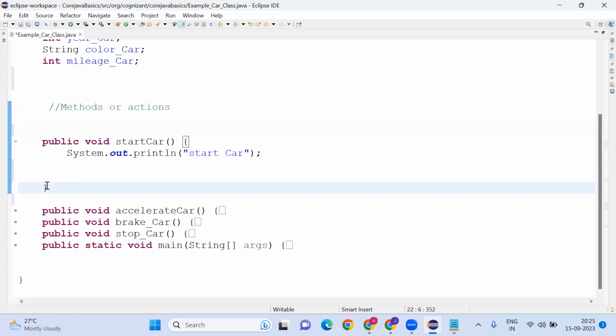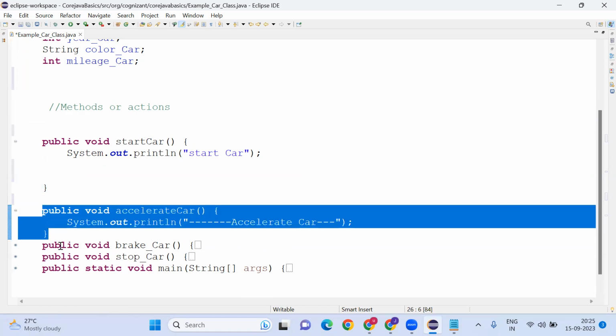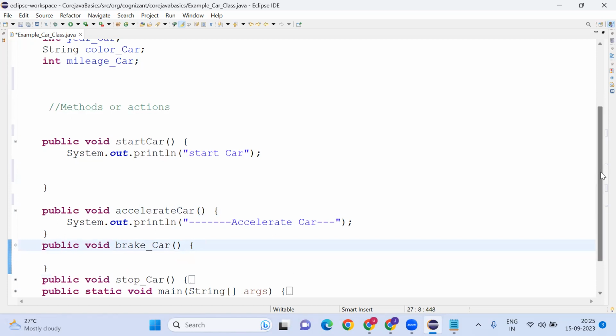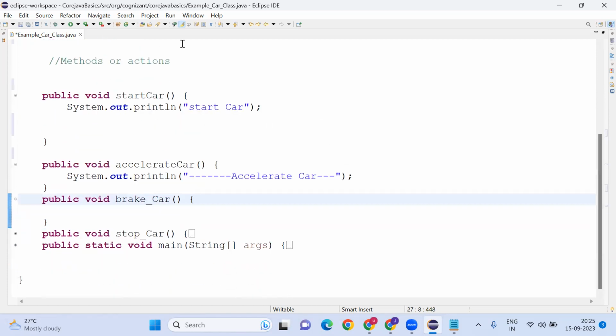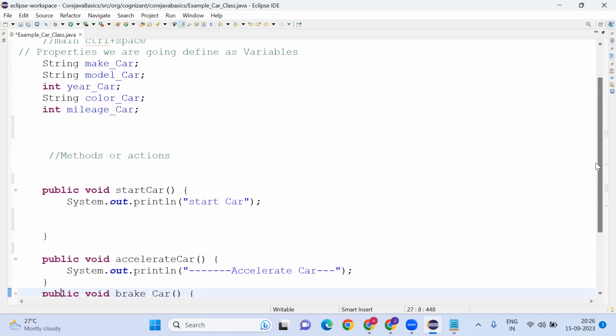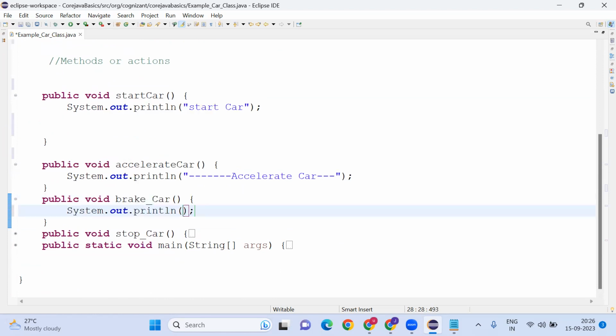Start car, this is the curly brace. Then accelerate. Outside this curly brace, I am going to start writing another method like this. Now, how can I call this? I want to set different models as well, different cars, make and model of the car. Here, here also I am going to write